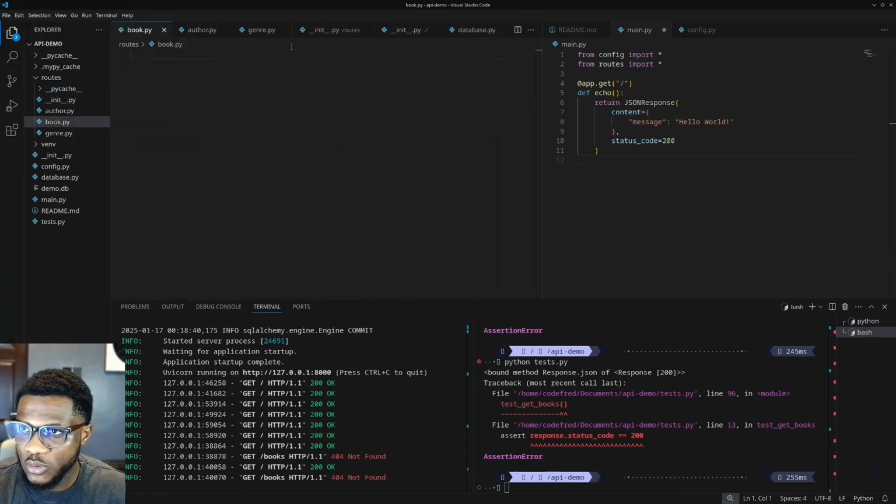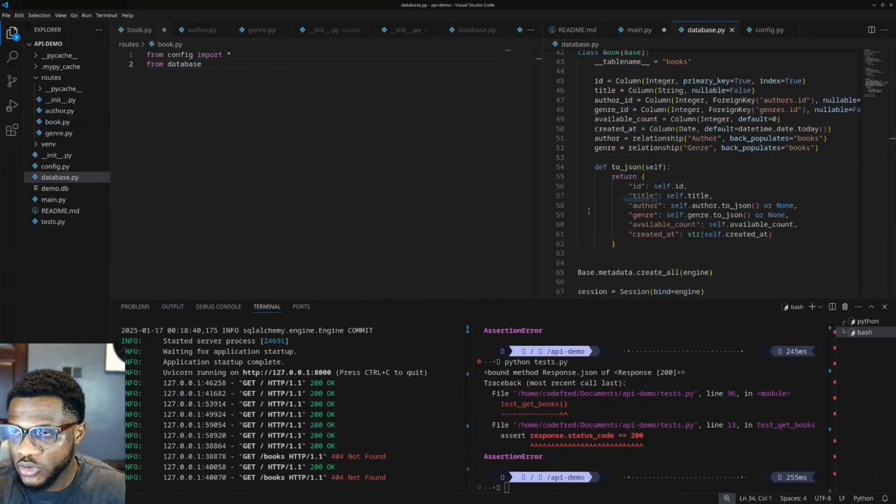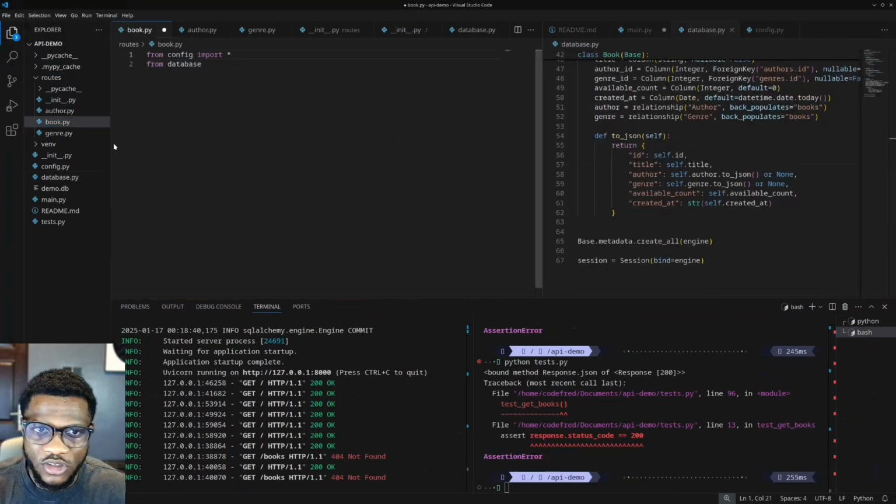And from here, we'd want to import from config, import this, just so we have general access to all the other data. It's not absolutely necessary, but we'll test that in a bit. From database, we'd want to import this session, which we use. And considering this is the book file, we want to import that book model. Then we import session. The session gives us access to the database instance from within the script. And now we define our